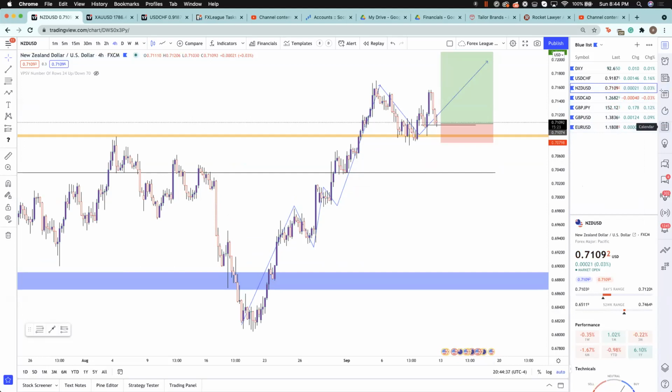Like Nick said, he's starting to look at US 30 a little bit more. Definitely a lot of US 30 trades are coming out in the rapid signal room from the various traders that we have going on in there. So definitely look out for those trades that have been going really well. And we're going to show some updates this week with some of the trades that we're taking, some of the ideas. So as always, we'll post those up.